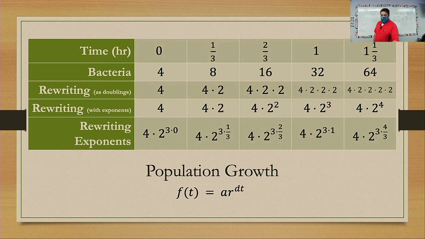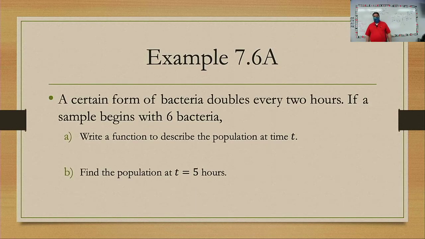Okay, so example A. A certain form of bacteria doubles every 2 hours. If a sample begins with 6 bacteria, let's write a function to describe the population at time t. All right, so let's go ahead and figure this out. So first of all, what is we have our